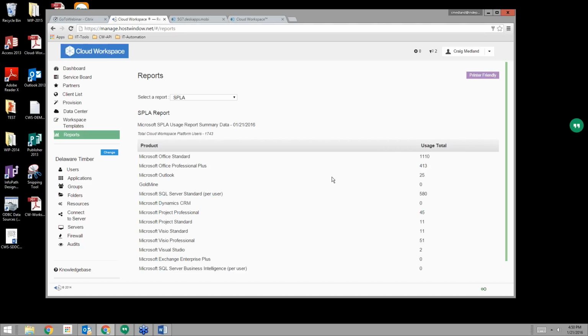So when I talked about servers being spun up from templates, part of what our automation engine does is we'll activate that version of Windows using the SPLA and the product keys provided by the partner. All right, cool.